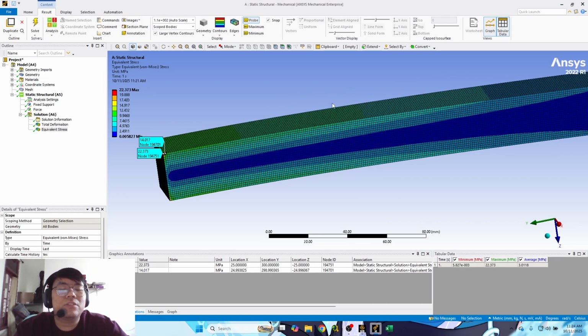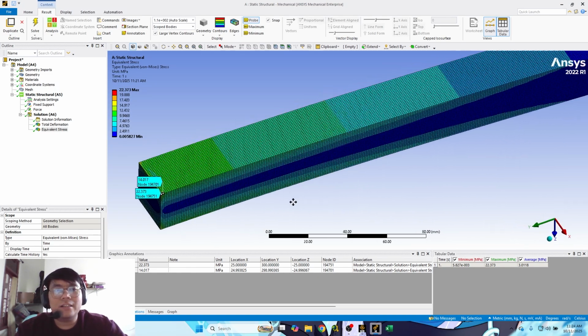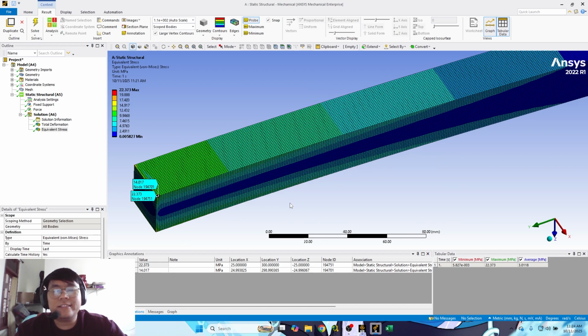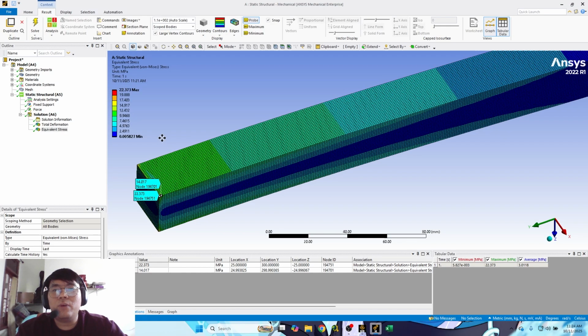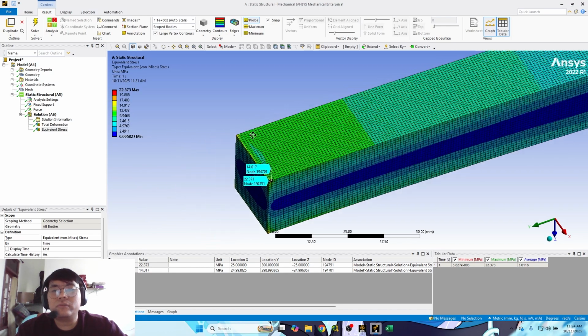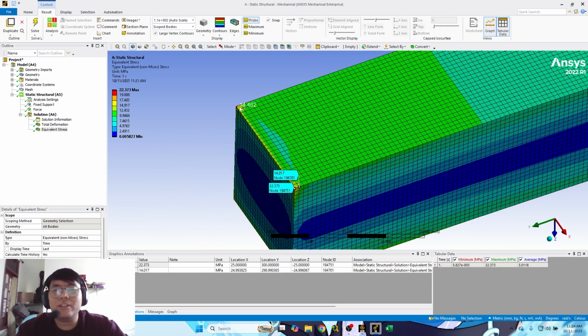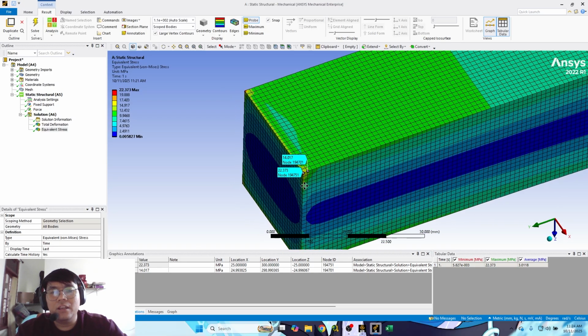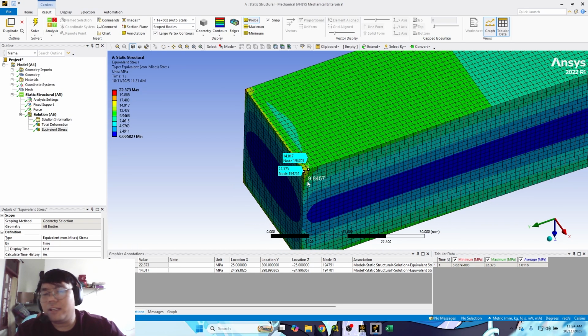So what is the solution for the stress singularity? In this video, I will show you how to do that. Basically, if you find this condition, what you can do first is reduce this sharp edge, because in reality there are no sharp edges like this.